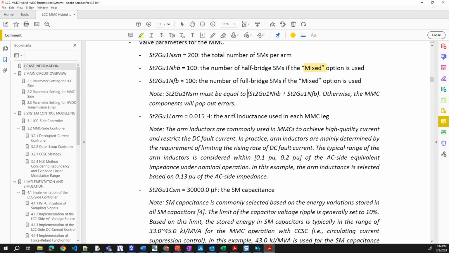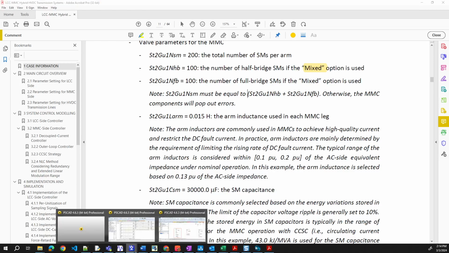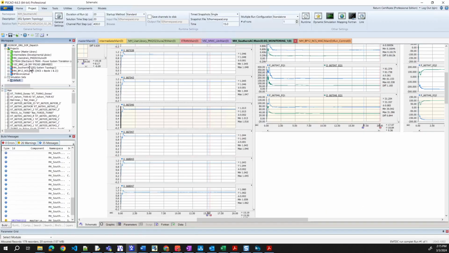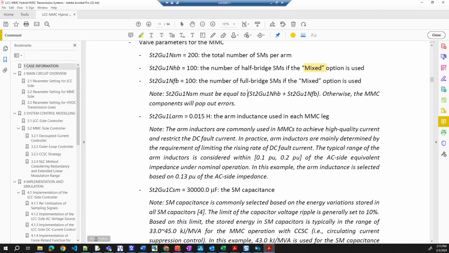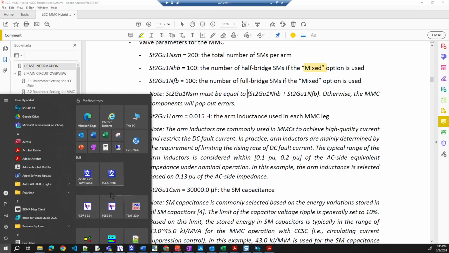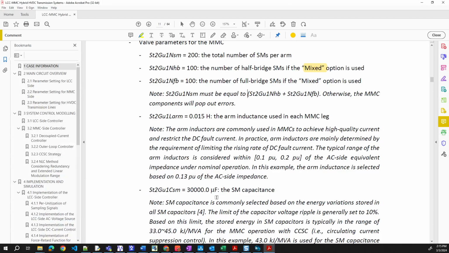So what we use in the PSCAD case, I open a PSCAD case right now. That's SOP. Open. This